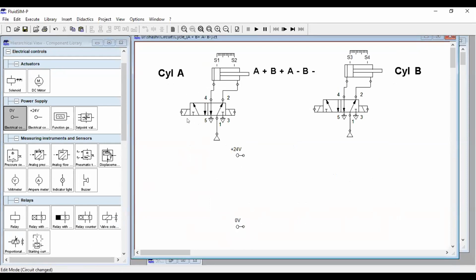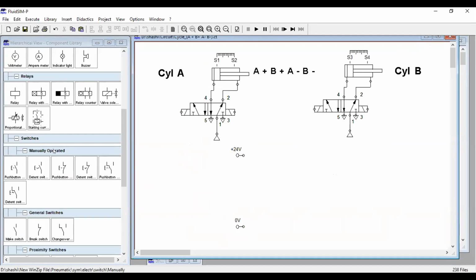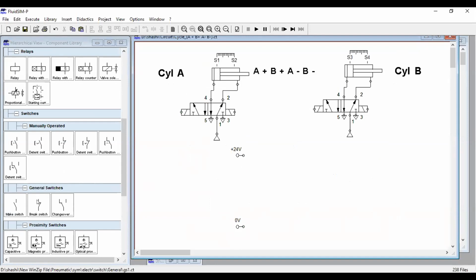To have the first movement of these things, I will use switches. Here you will find switches which are make switch, break switch, changeover, push type. These are the various switches. I will select a push type switch. You can connect this switch to this 24 volt like this. To utilize space, I will bring this on the left hand side. So this is my switch. Then I will have a solenoid valve directly.